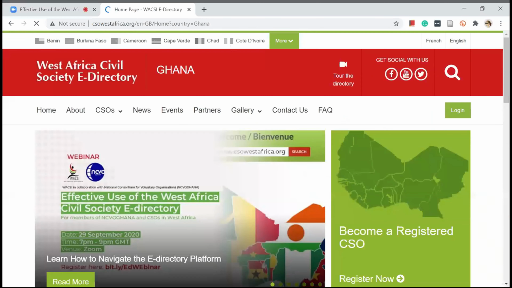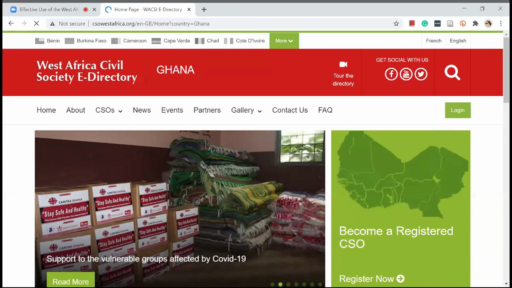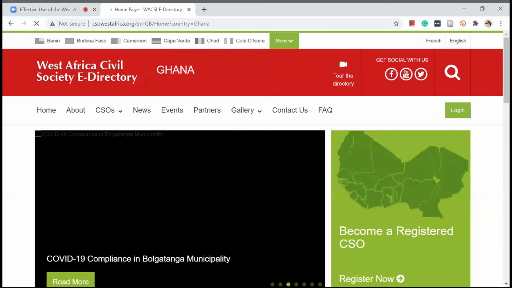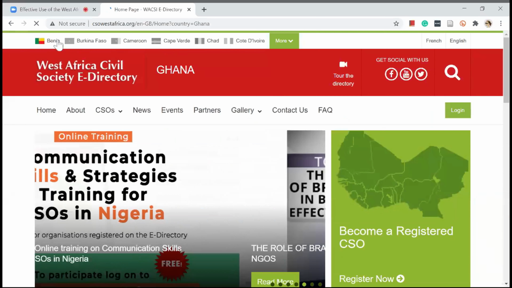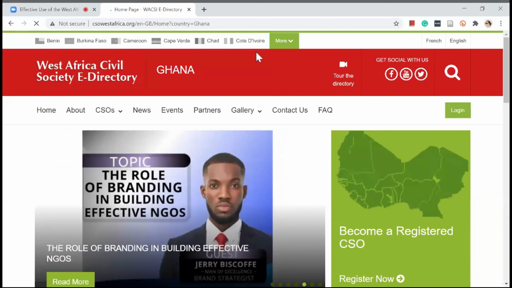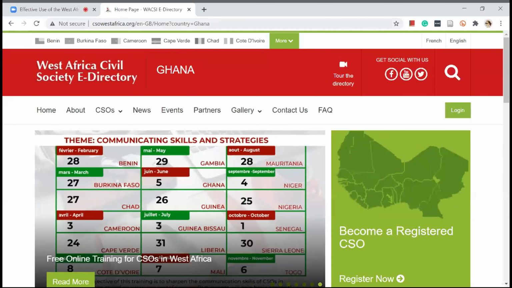So at a click, I come to this dashboard of the E-Directory. This is the second page you see when you go to the website. And let us please have a glance through the page. On the topmost part, you will find that there are different countries here. If you are a registered organization, or if you're a new organization who comes to the website and you want information about any organization in any of the countries we are talking about, you just have to select the country